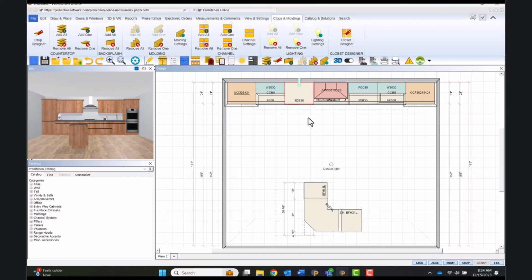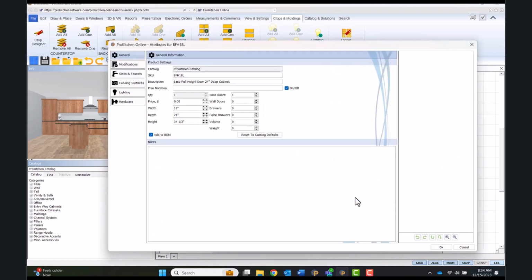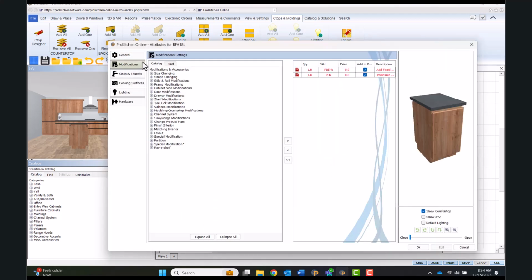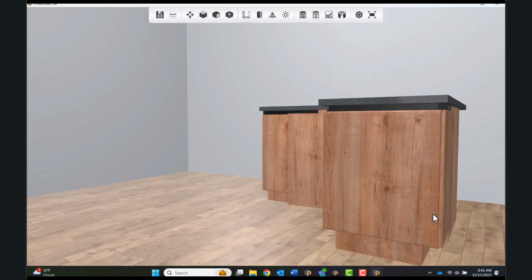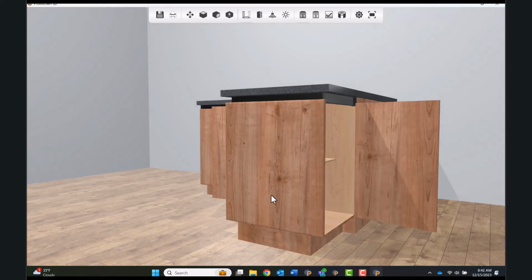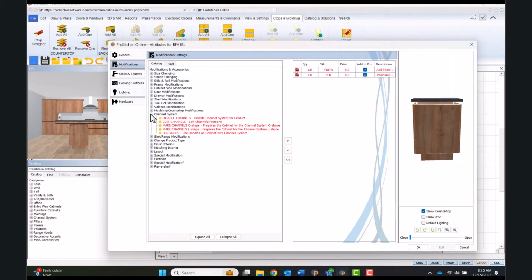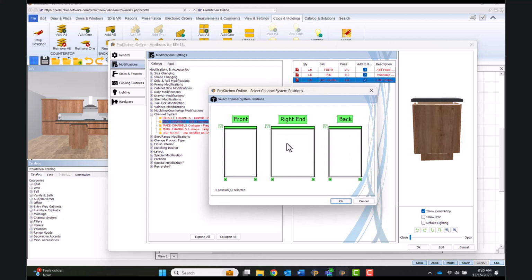To demonstrate this, I will access the BFH18L at the end of my island. This cabinet has been previously modified into a peninsula cabinet with an added fixed door at the end. With channels enabled, a channel will be created on the ends where doors are applied, including the decorative fixed door, providing a seamless appearance. With this cabinet, if I select and add the Edit Channels modification, the dialog box now